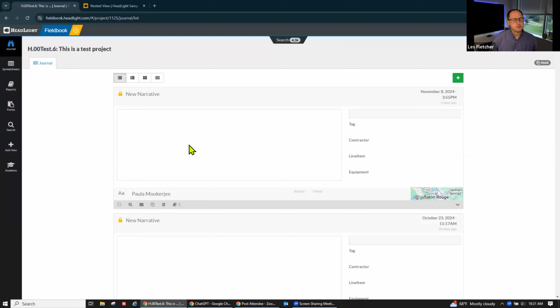We're waiting on some of the dashboards from HeadLight that we're able to collect the data from, but I wanted to show you a quick way that's available now to put these custom reports together that'll probably save you some time. So I'm going to start with, let's see what project I'm in. So in the test project, let's just say you had somebody from